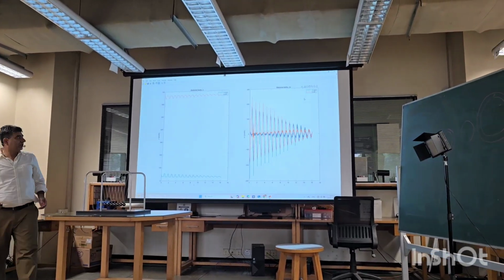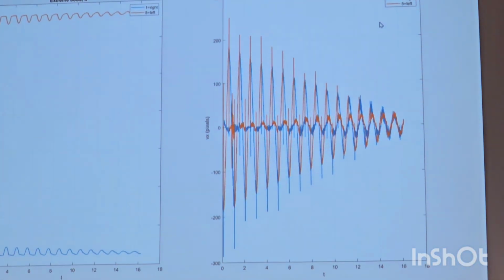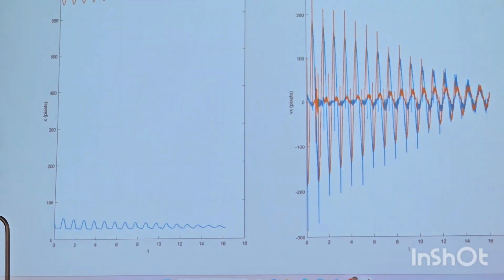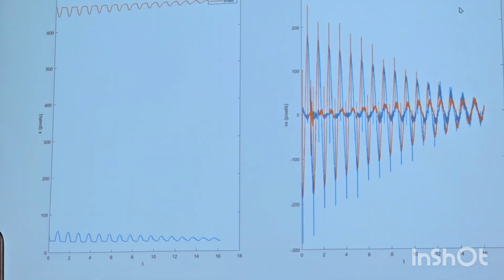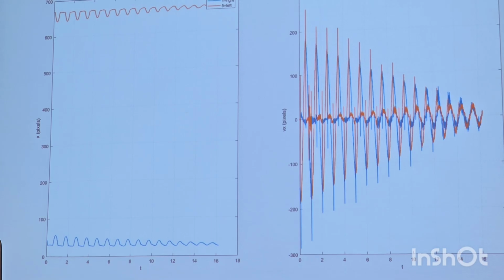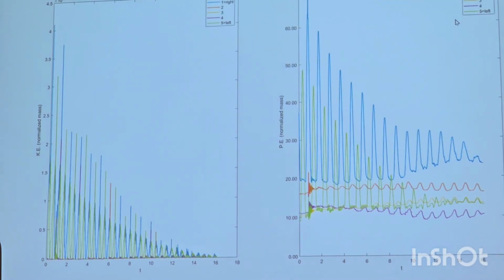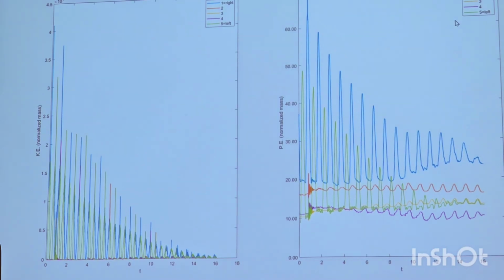So here I focus on the extreme balls, leftmost and rightmost over here. And here are their speeds. Now what I could do is plot the kinetic energy of all the balls. The kinetic energy is half m v squared. Now v has a vx component and a vy component, so v squared is really vx squared plus vy squared. So once you have the vx and the vy, you can find the kinetic energy of each